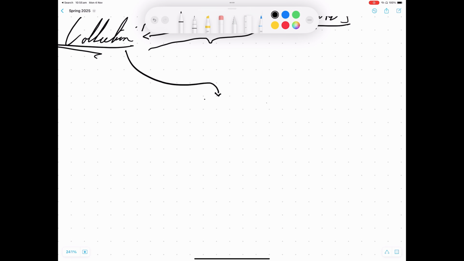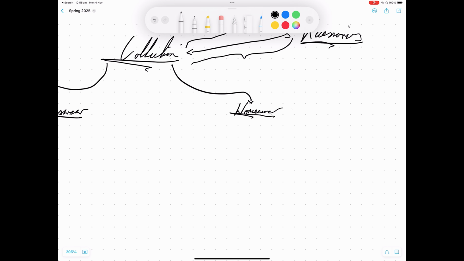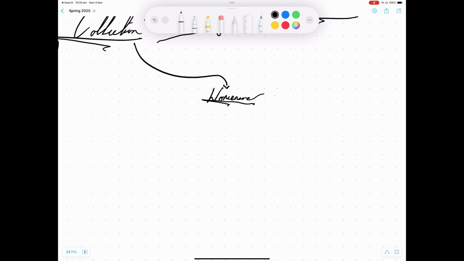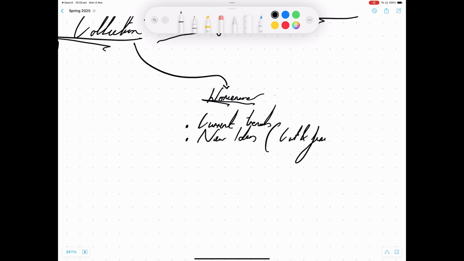Thinking in more terms of womenswear, we need to think in terms of inspiration, because when we're trend forecasting, which is something I wanted to cover, I just wanted to create something visual for yourselves, and also give you an idea of how you can work at coming up with inspiration for your pieces. If you're thinking in terms of womenswear, we need bullet points of current trends, new ideas, and that can span from things like cut and finish,